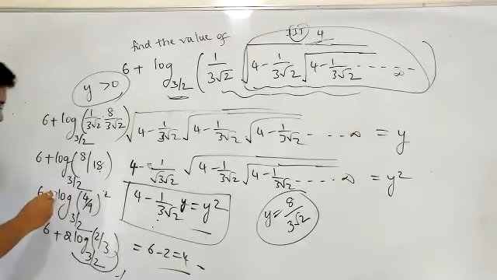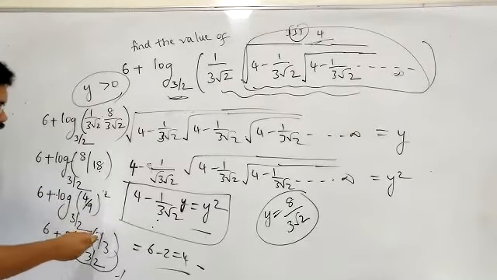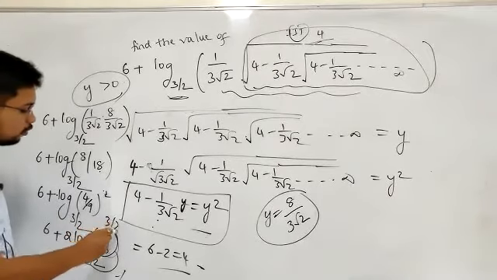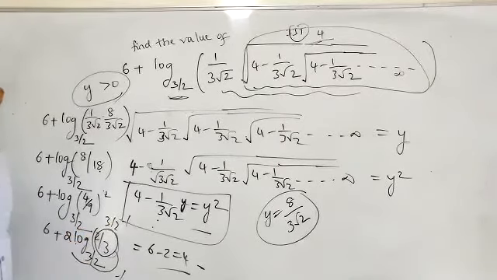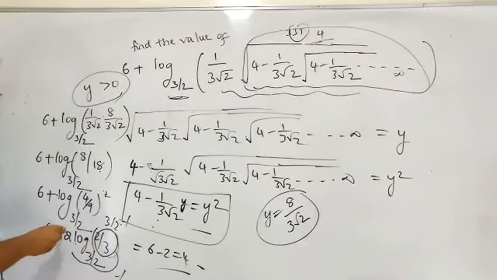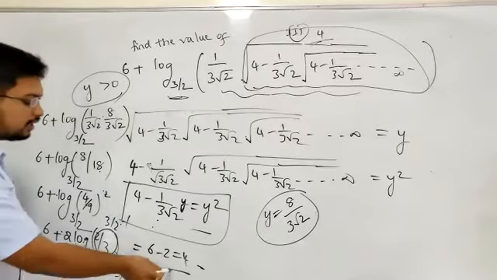This power can be written here. Once that is obtained, then you get log 2/3 to the base 3/2. This 2/3 you can write as (3/2) whole inverse, and that minus 1 can be written here, and log 3/2 to the base 3/2 has to be equal to 1. So from that you will be getting the answer, which is 4.